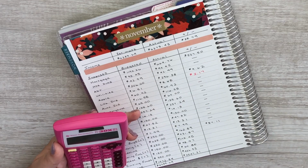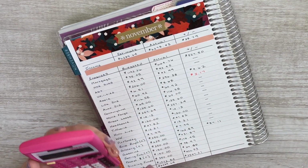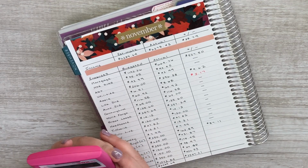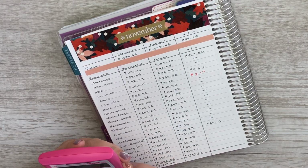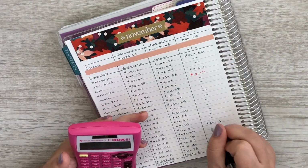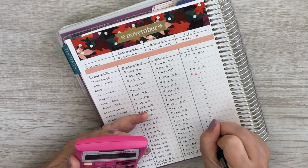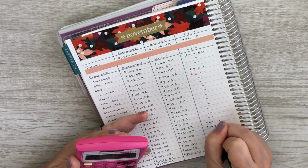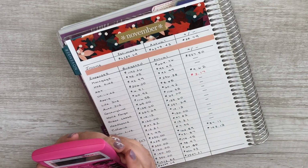$87.11. For grocery, we were under by, wow, this is the least amount we've ever spent on groceries, you guys. We were under by $193.13. For gas, we were also under